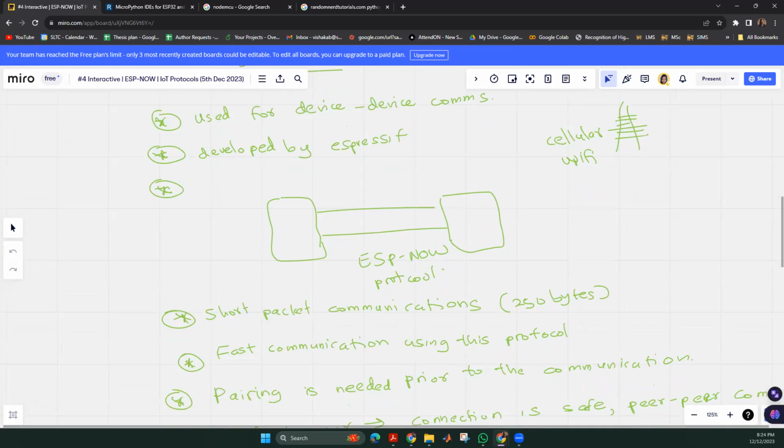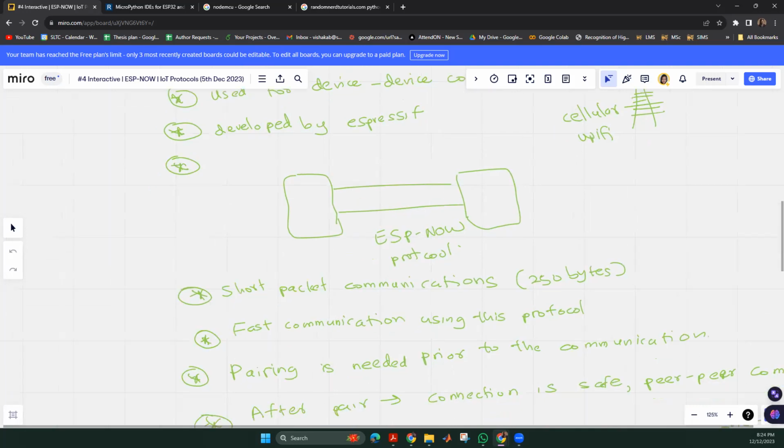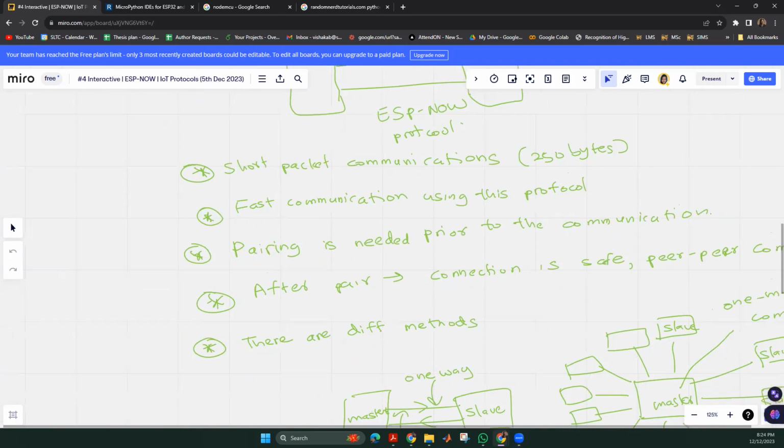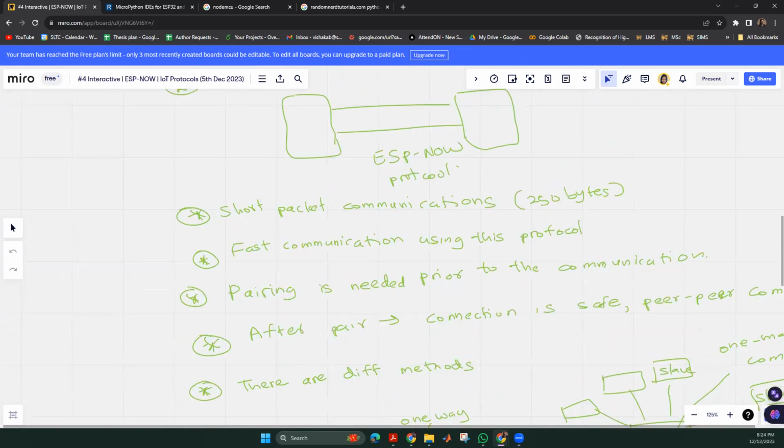Communication is based on the Wi-Fi direct communication technology, right? Wi-Fi direct communication technology is the basis for this ESP Now protocol. So using that, you can send short packets of about 250 bytes directly to the other device.